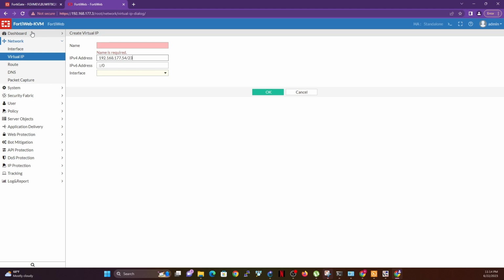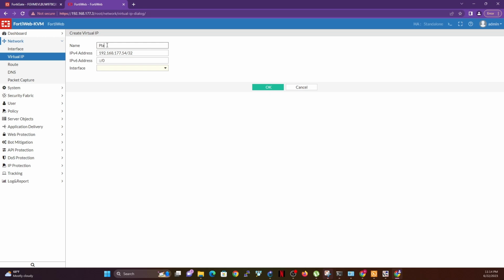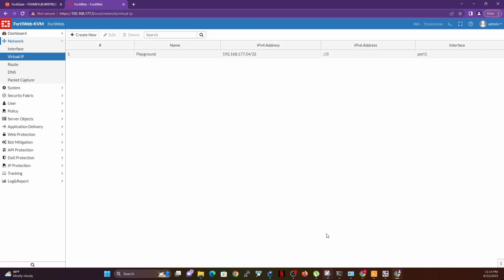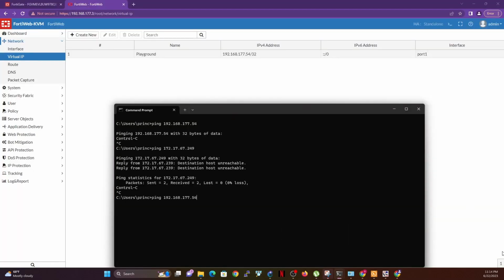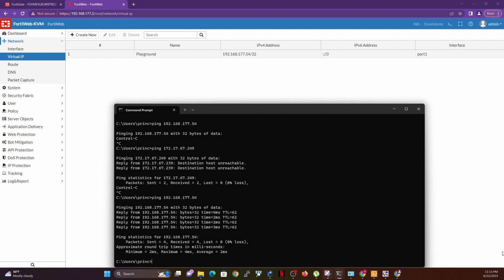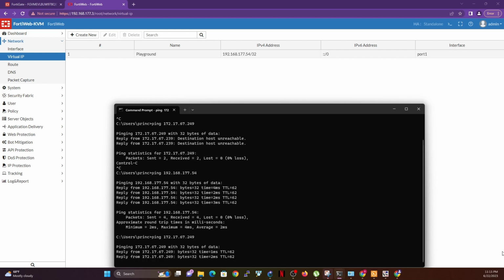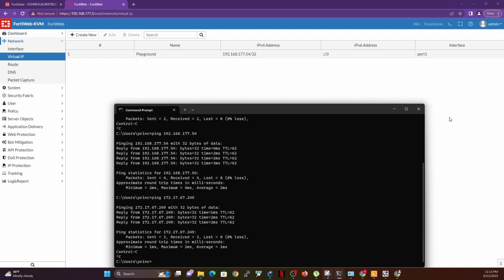I'm going to use a /32 to just reference that same IP. I'm going to call this playground. Then I'm going to be using my port 1, which is actually in the same 177 subnet. So if I go back to my command prompt and I try to ping that 177, notice now I can actually reach it. So basically now I can ping the 177 and I can also ping the 249 simply by creating this